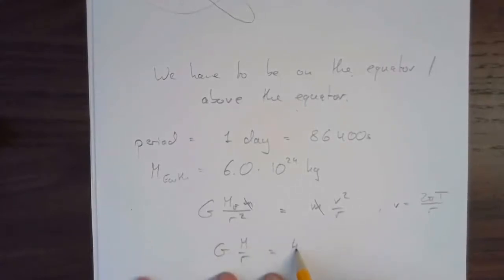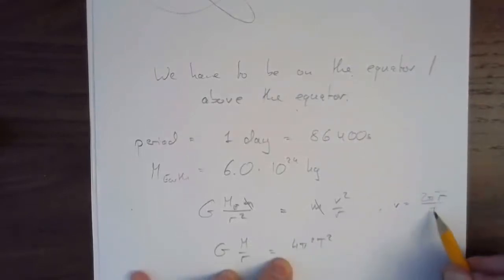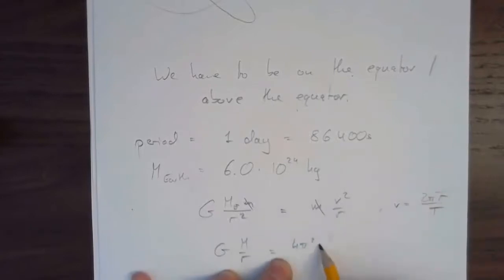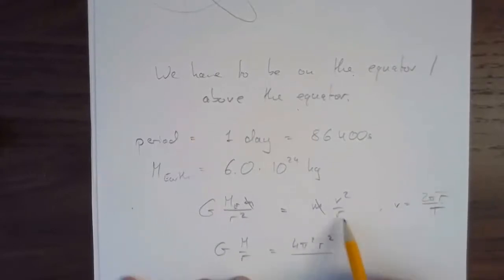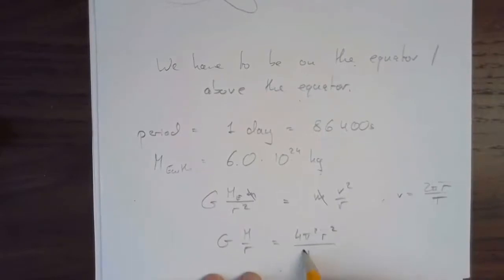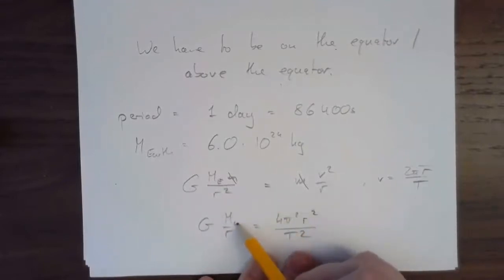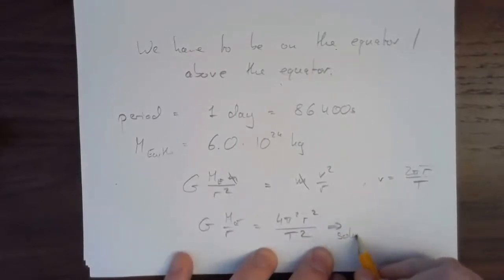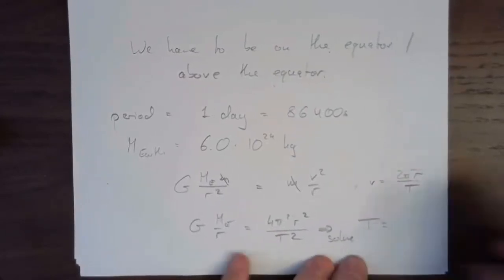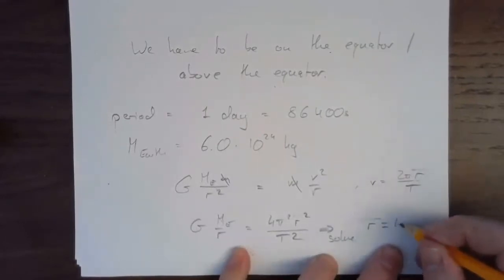We get 4 pi squared r squared over T squared. Oops, you probably caught this, v is 2 pi r over T, excuse me. We've cancelled out r squared. So this r cancelled with this one, but now we have r squared on the top divided by T squared, right? So we know G, we know the mass of the Earth, we know the period, that was 1 day. So you solve it, and we're going to find that the radius, excuse me, is something like